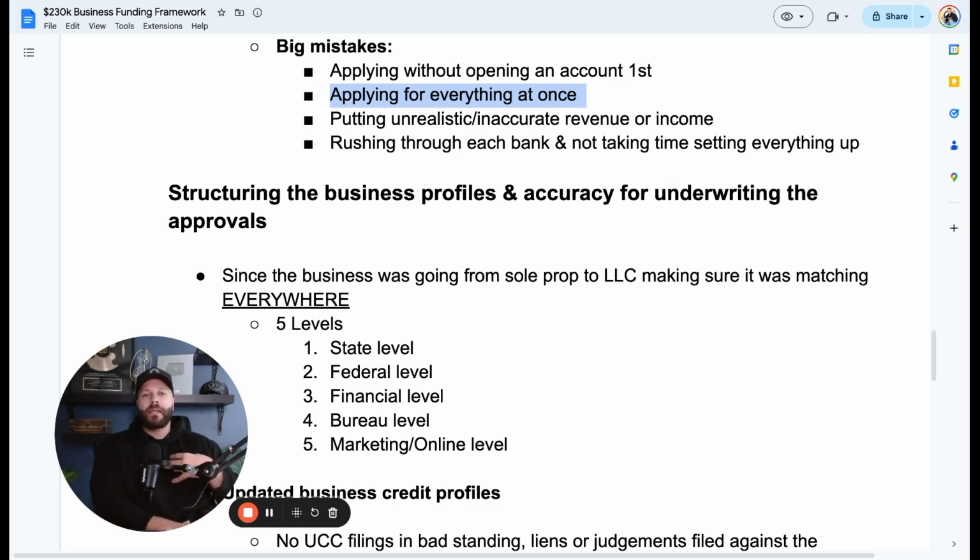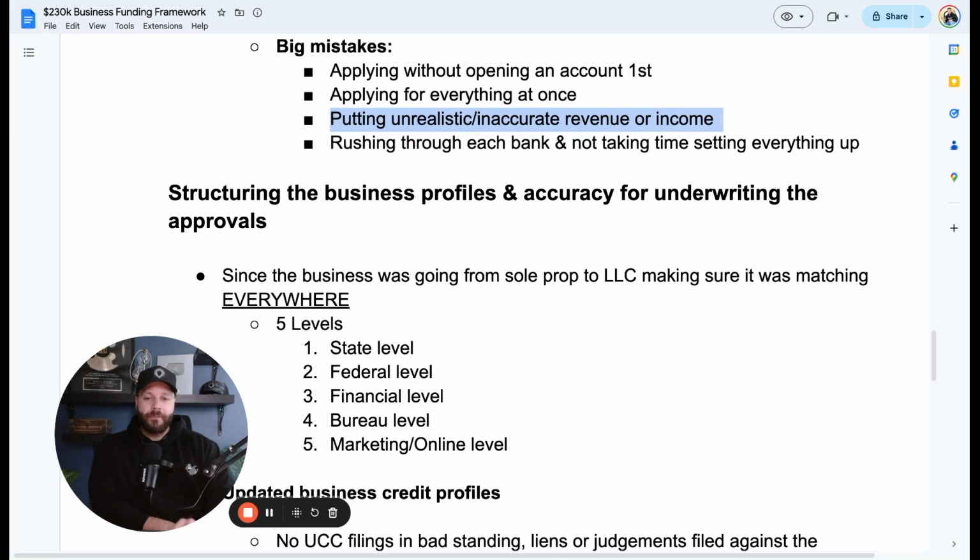So I typically like to see, especially if I'm going for double products inside of the same bank. So if I'm going for a business credit card and a business line of credit inside the same bank, I'll probably go for the business credit card first, and then I'll probably wait maybe about a week, and then I'll go back in and apply for the business line of credit. Unless it's like a bank where I can do both the same day and I'm working physically with the banker, and they say, hey, let's do both now. Cool, we're going to do both now. But in most instances, I'm going to get one product first, wait for the approval. I physically have that product in my hand, and then I'm going to go back in for the second or third product at that bank.